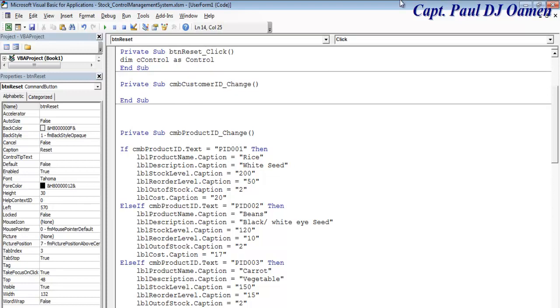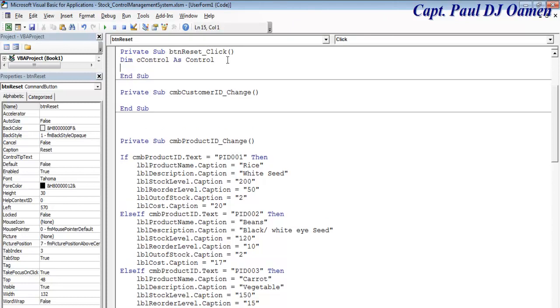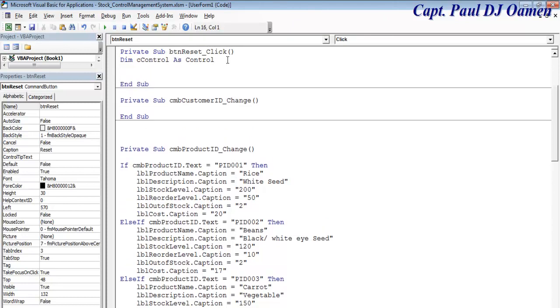All right, so C control, for each C control in me dot controls,